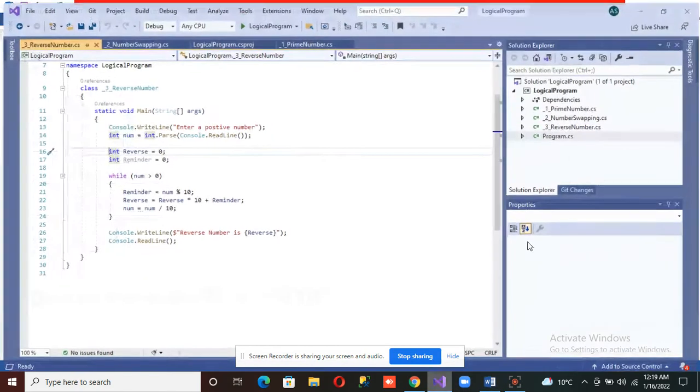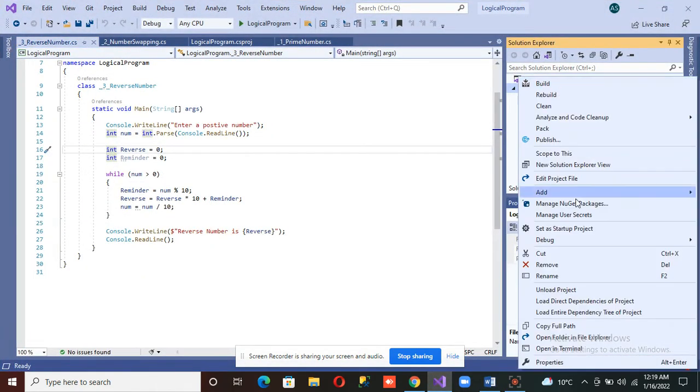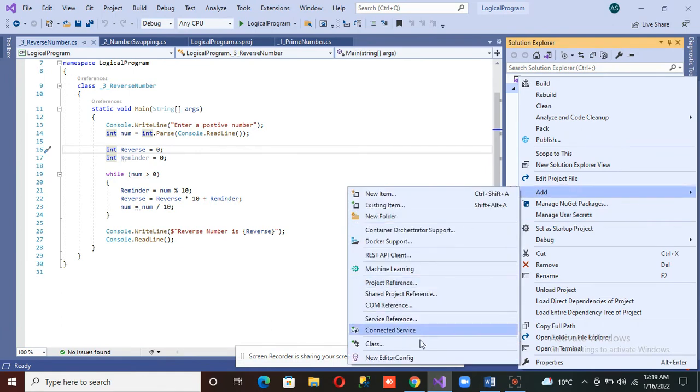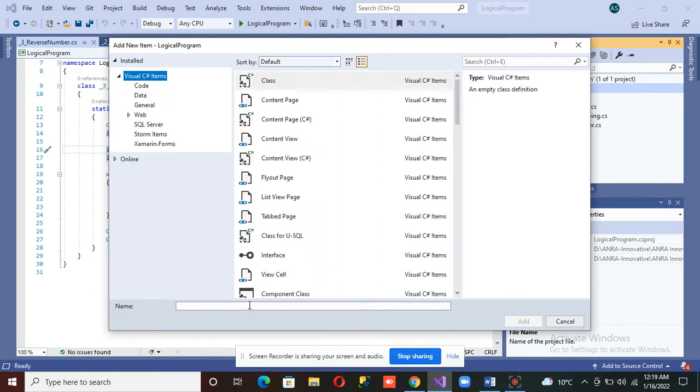Add a new class. And I will write the name for this class, number to binary.